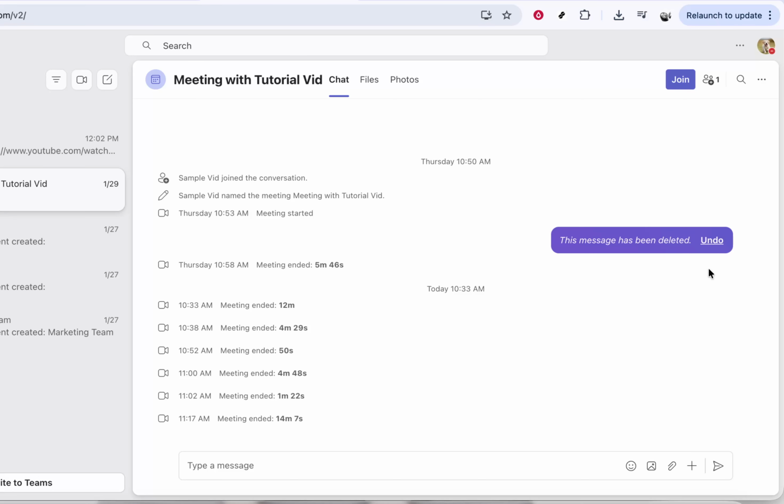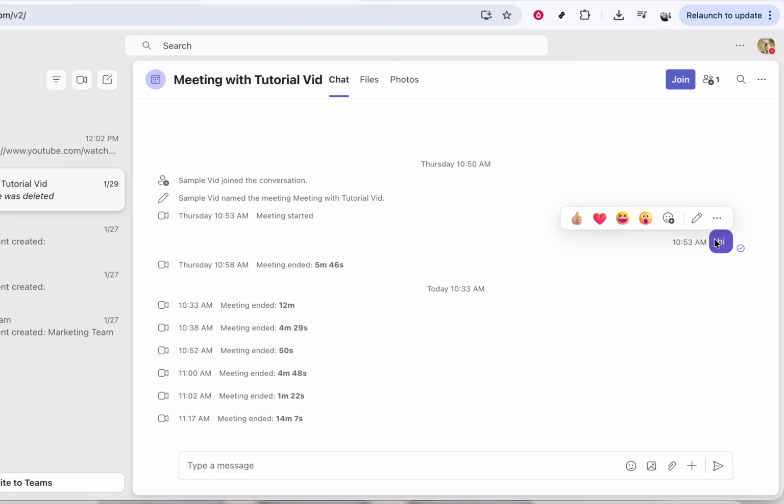If you ever start a new conversation with the same person or group later, Teams will simply create a fresh chat thread for you. For now, your chat list should look a little cleaner and easier to manage. And that's all you need to do. By right-clicking the chat and selecting Delete, you can quickly remove unwanted conversations and keep your Microsoft Teams workspace